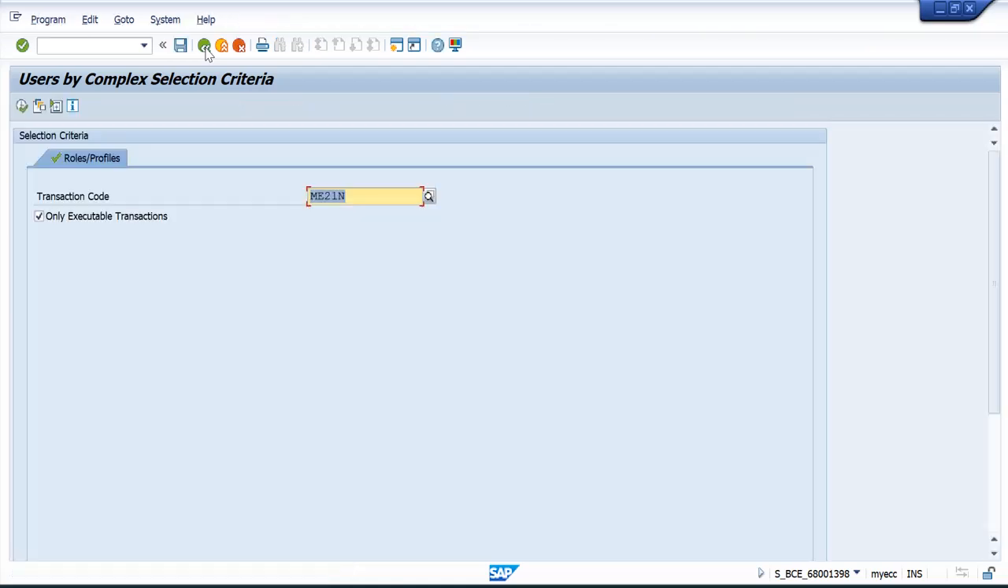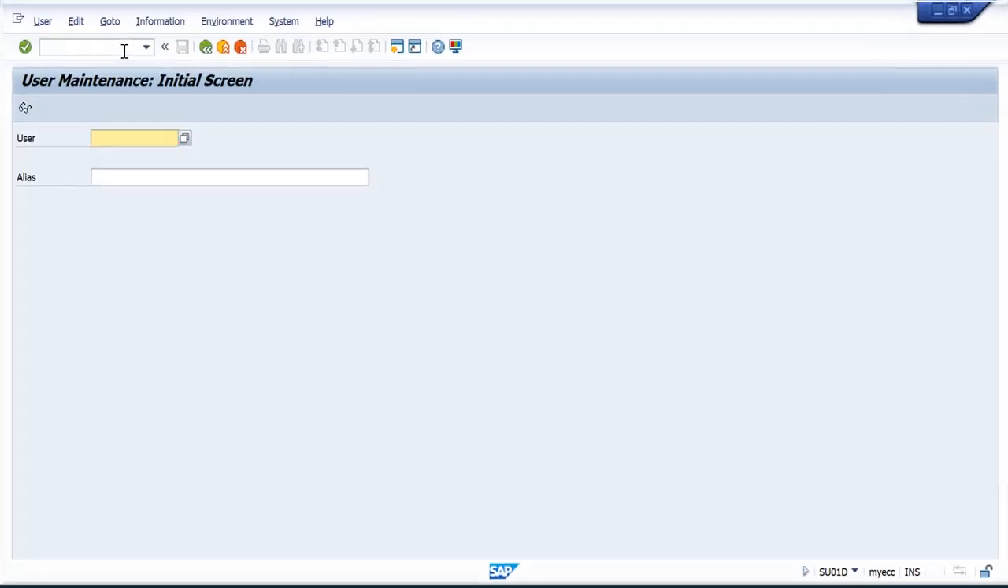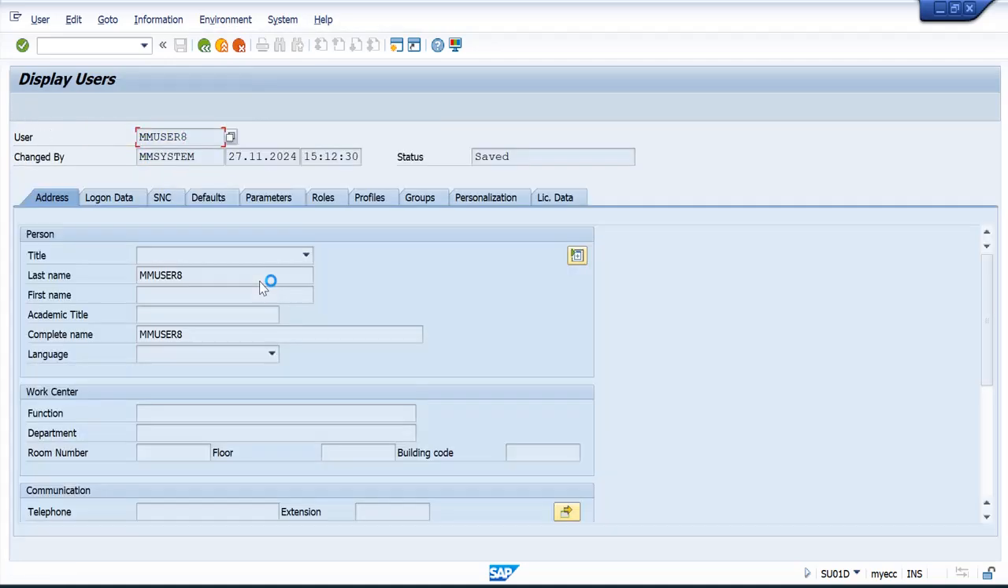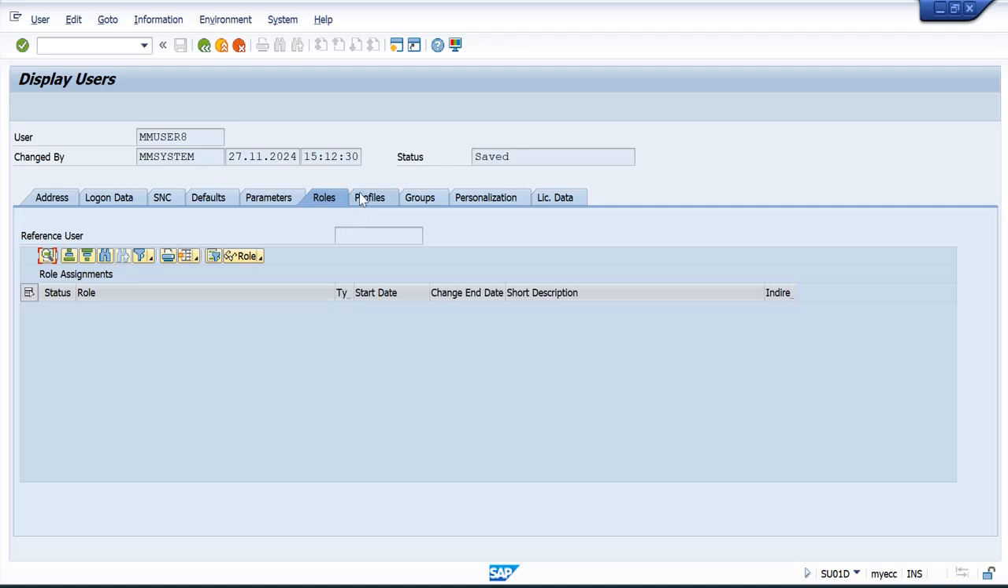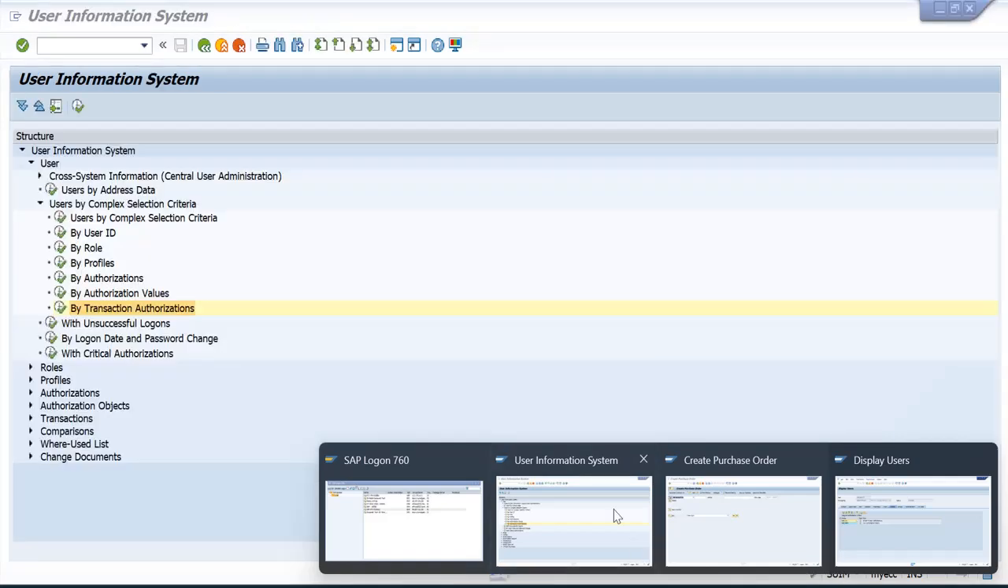So now, when any user is reaching out to basis and asking for some roles, when you execute SU01D and give your user and go to display, you will see certain roles and profiles. So now, in real-time projects, if a specific user needs some roles and profiles to execute a certain transaction,